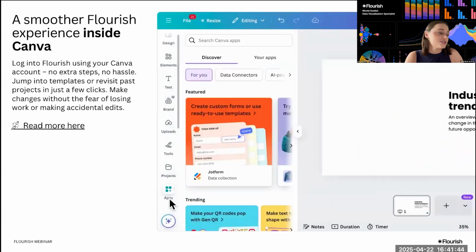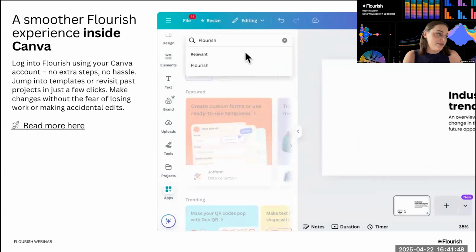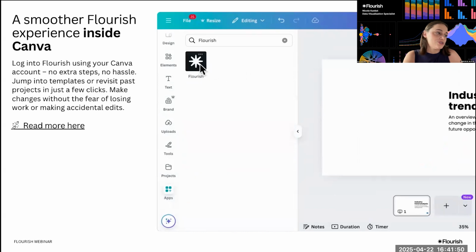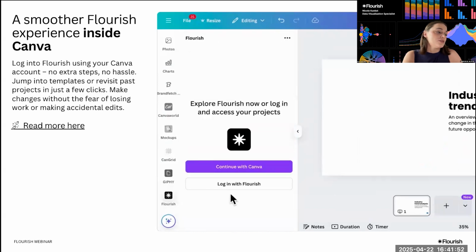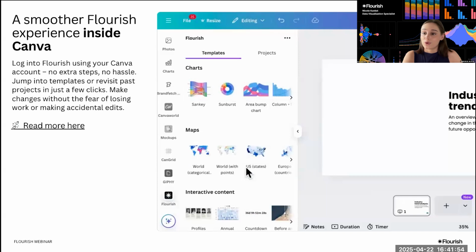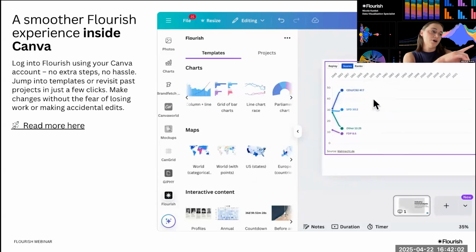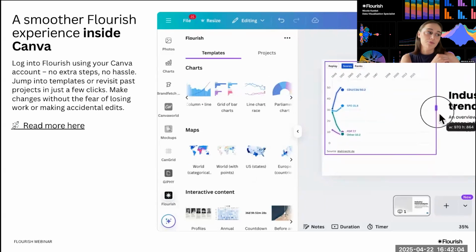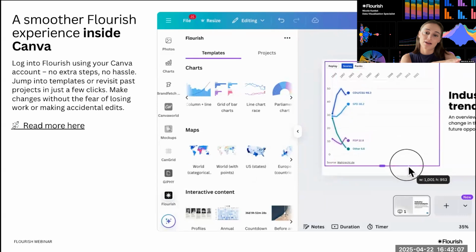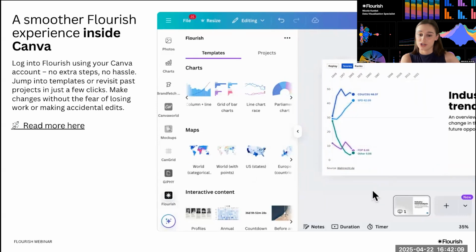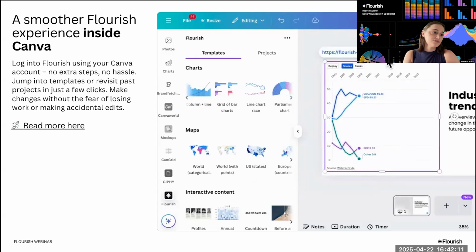And we have also just launched a new version of our app within Canva. So this allows you to log in with your Flourish account or with your Canva account. You'll see some of our most popular templates when you open up the Flourish app, or this tab on the top right. As an alternative, you can access your projects there directly.